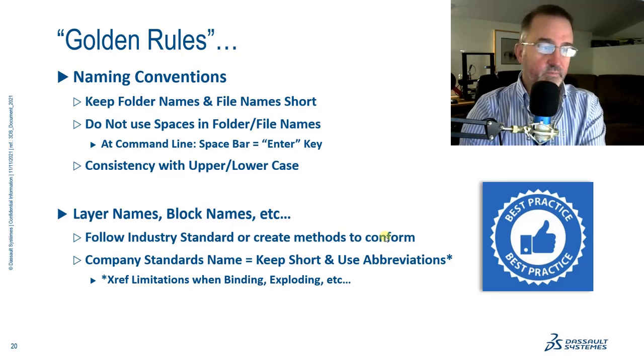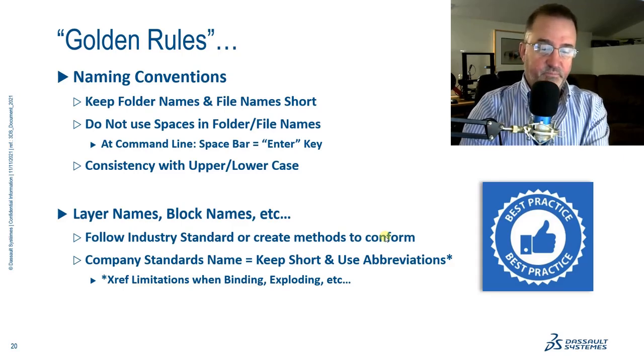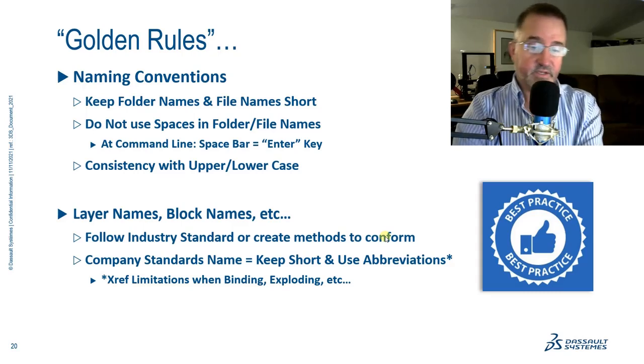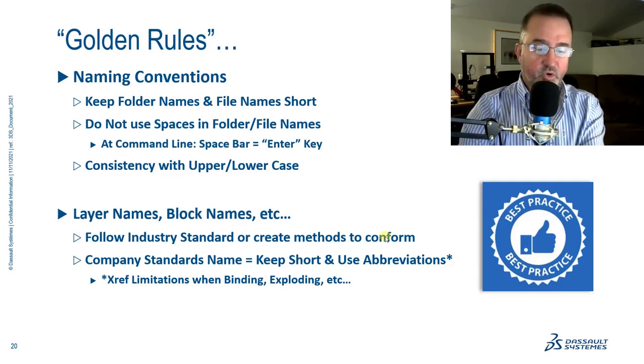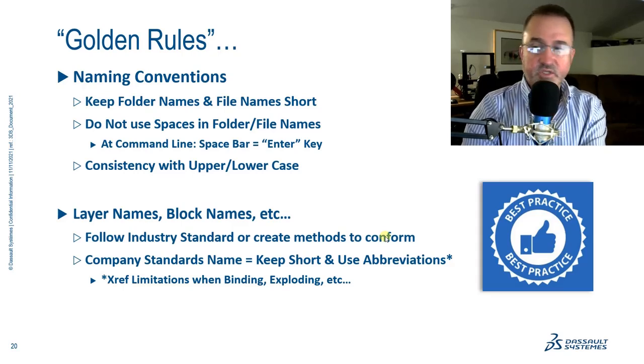So I really recommend a number of best practices here in terms of keeping your file name short, following certain industry standards if you have a standard for your industry. Also, if you can, create a translation type of a file or program to help with these situations. You may have a company standard that has been there forever, but you need to conform to another layering standard for giving drawings to other companies or bringing drawings in. Creating these templates, or I'll call them conversion utilities, might be the best way to do it,